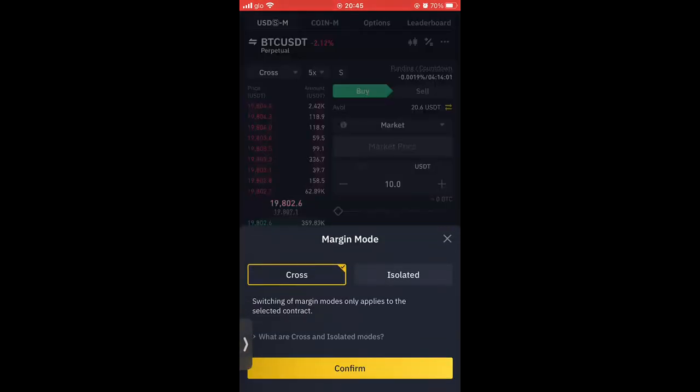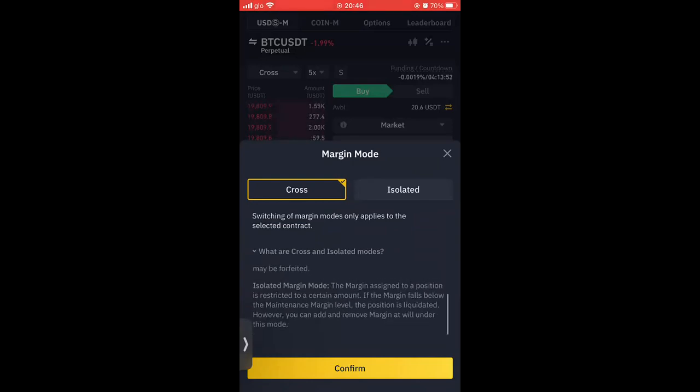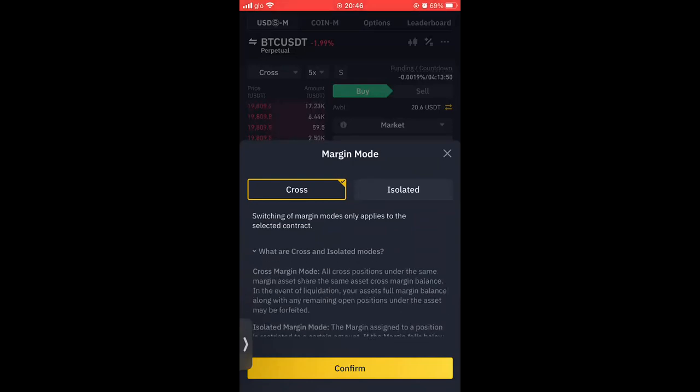So the idea with cross is, it's even written here, switching off margin. Okay, wait on. Now there's a part where it explains it in English. Cross is all cross positions under the same margin share this. Okay, too much English.